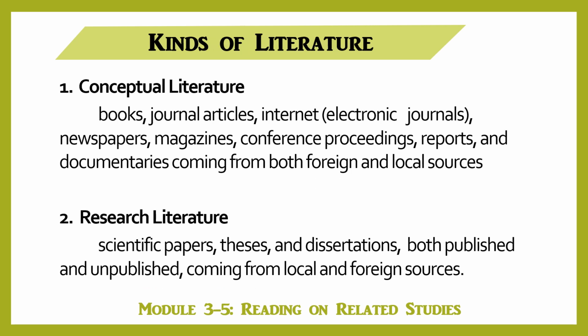There are two kinds of literature, namely conceptual literature and research literature. Now, conceptual literature are pieces of information that can be obtained from books, journal articles, internet, whether electronic journals or ebooks, newspapers, magazines, conference proceedings, reports, and documentaries coming from both foreign and local sources. This means that all information that you obtain from references that are not a product of research, we call them